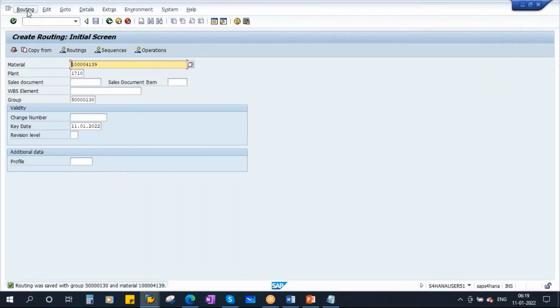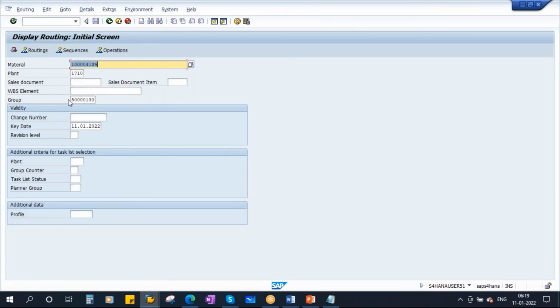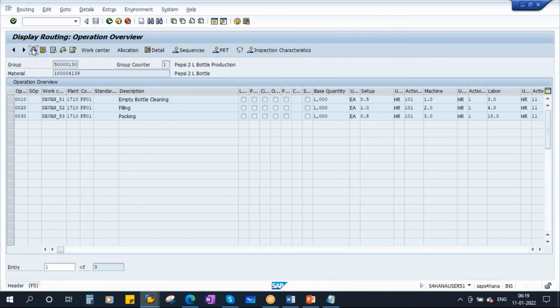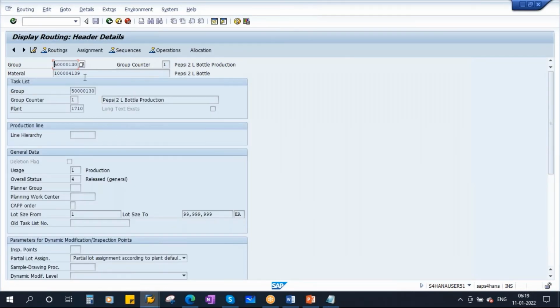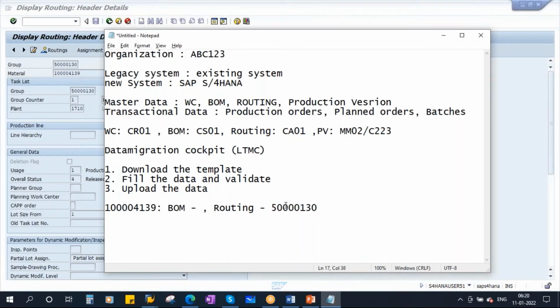Let me go to display. We need a routing group number. If you go to display header, this is the product. This is the group number, and this is the group counter. We need this group number, and the group counter is 1. And BOM, we have created only one BOM with BOM usage 1.